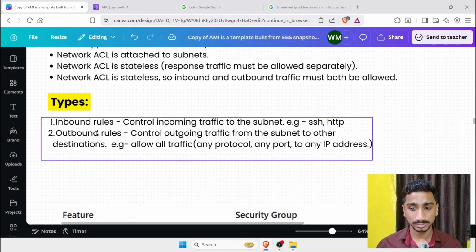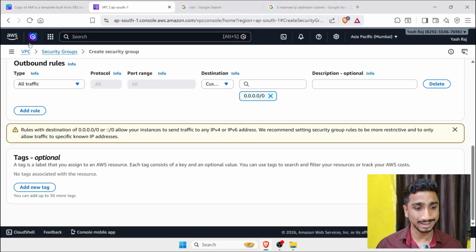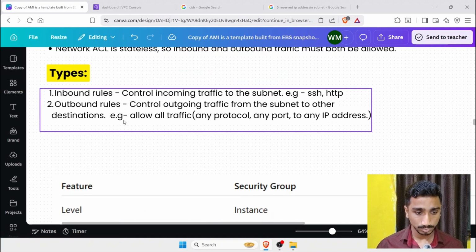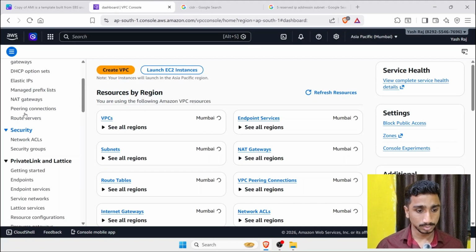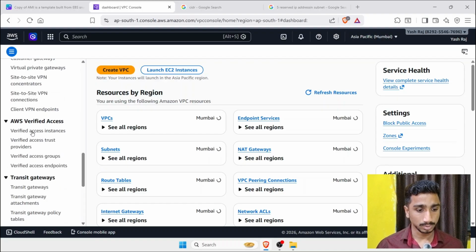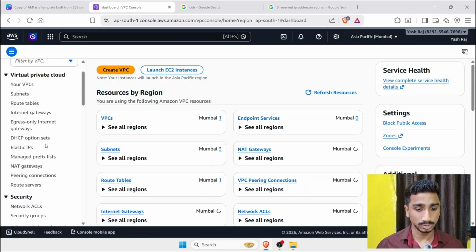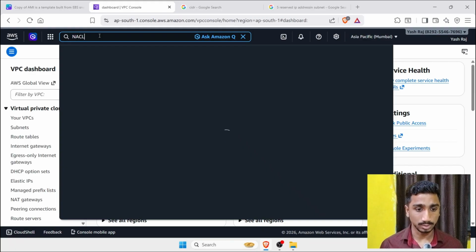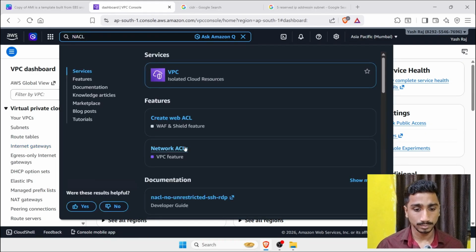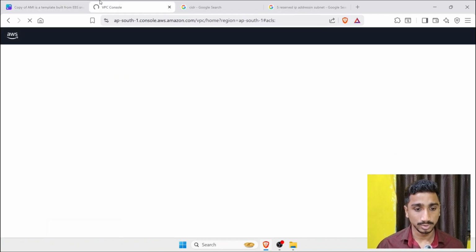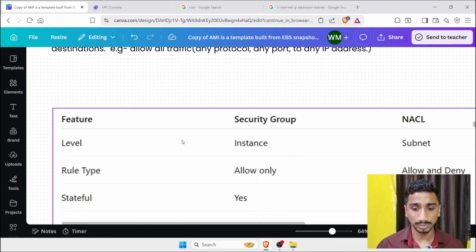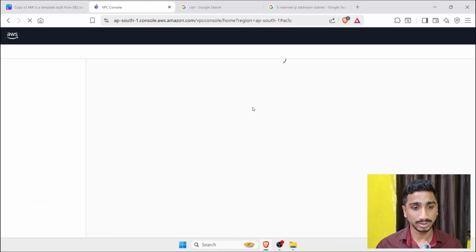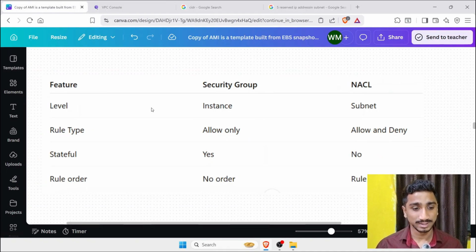And here you can see, first I'm going to see where is NACL. Here you can search NACL. Here you can see create a web ACL, but I am going to network ACL. So yeah, as you can see here,